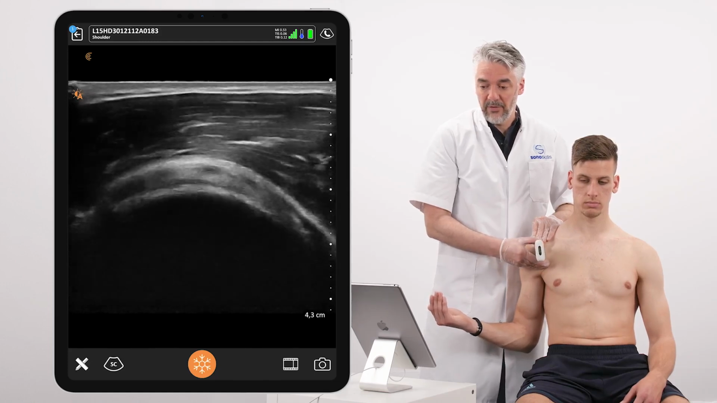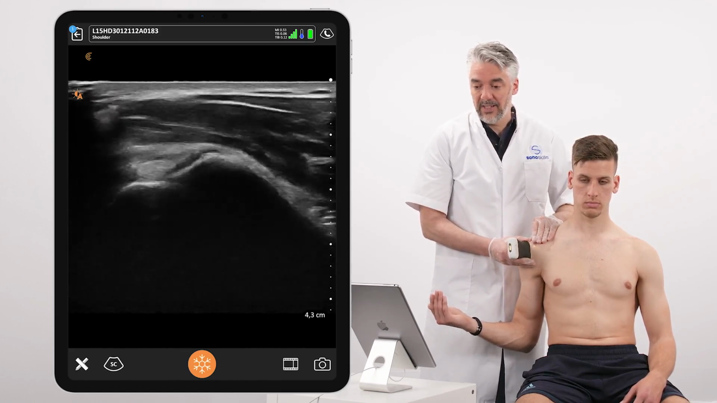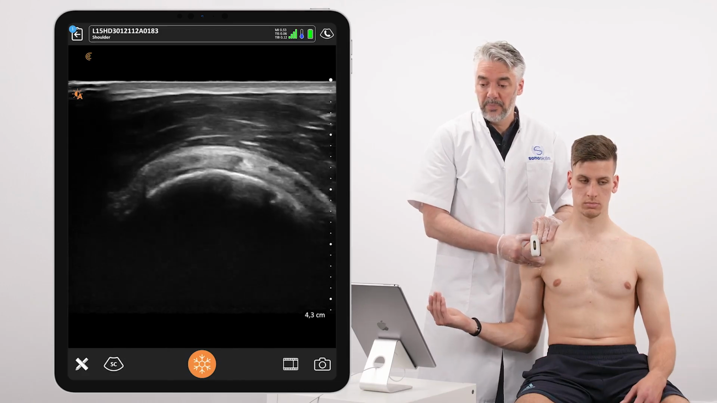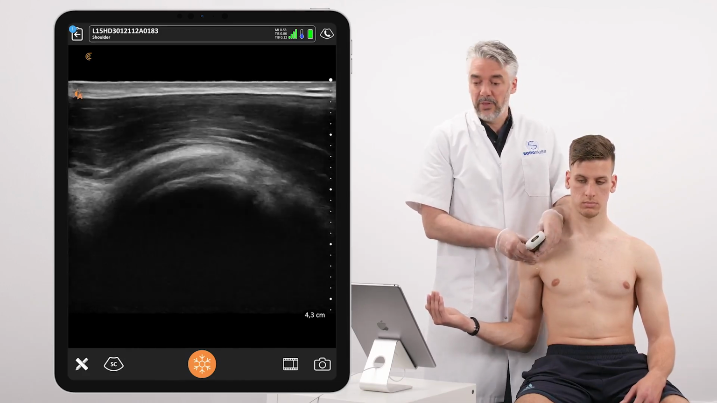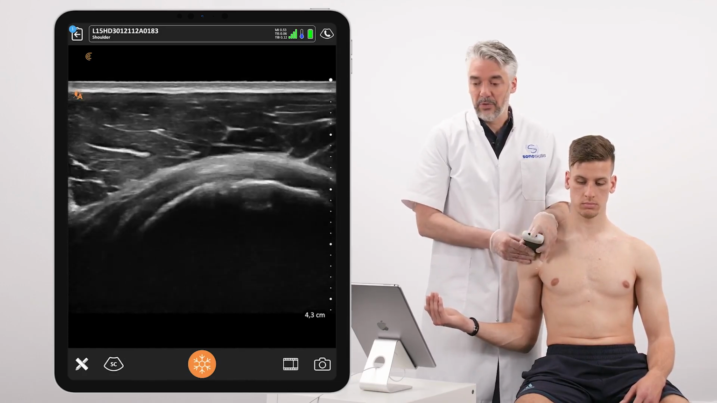I'm going to scan from medial to lateral in order to see all tendon fibers in the end inserting to the lesser tubercle. Last thing I want to show with the subscapularis is following back in longitudinal plane the subscapularis to the coracoid process,